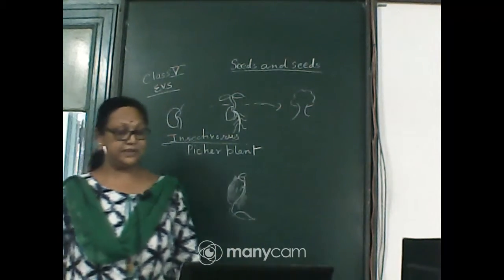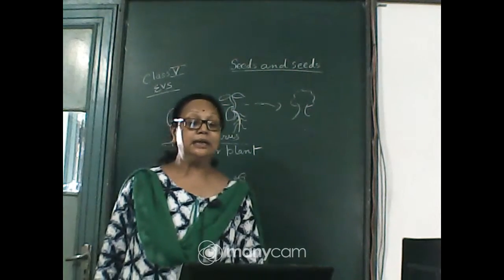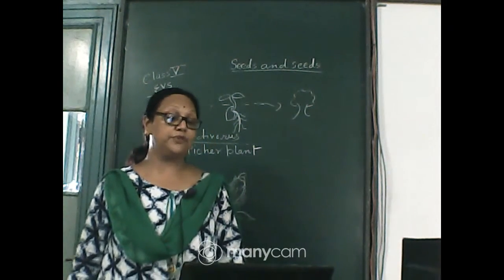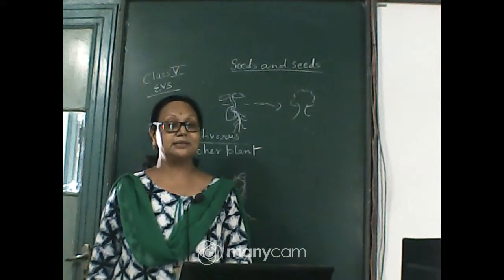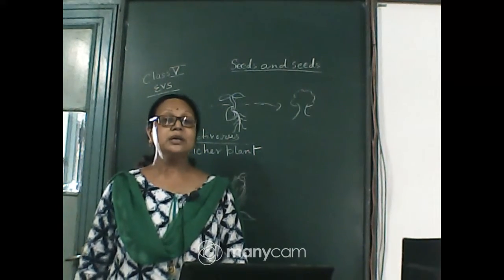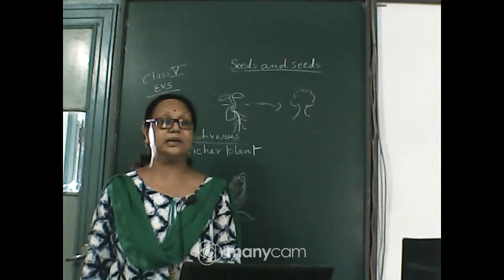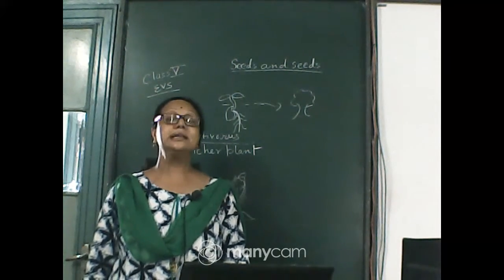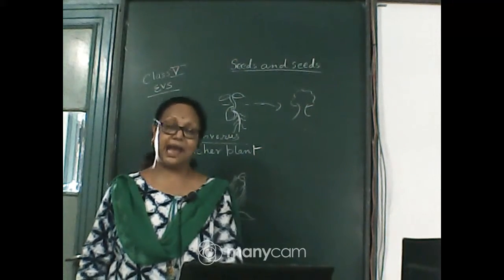So what is the reason why these insectivorous plants exist and why they develop such kinds of characters? They developed them because these plants are found somewhere in the hilly regions or plateau regions, and in these areas the minerals or the nutrients are lacking in the soil.